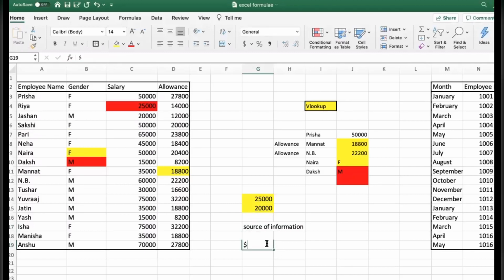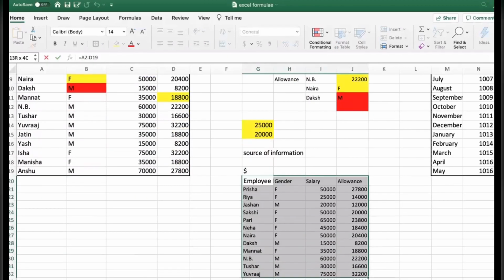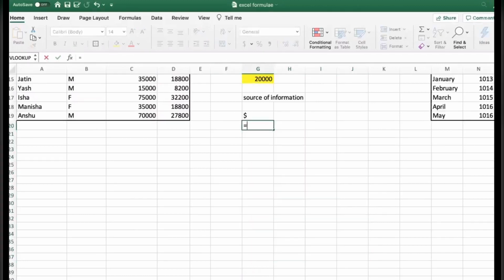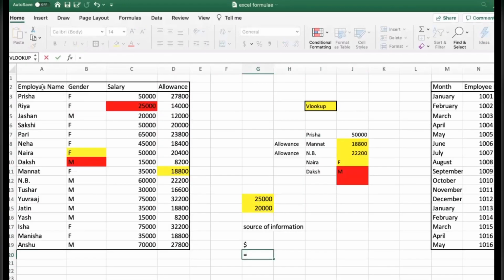And how do you have to freeze it? You have to put the dollar sign. Suppose my source is this one. I just want to show you how you can do it. Suppose I want to take this value and I want to freeze it. Freezing means I don't want changes in this one. Then I will put the dollar sign over there. Over where? A2. Earlier it was A2.